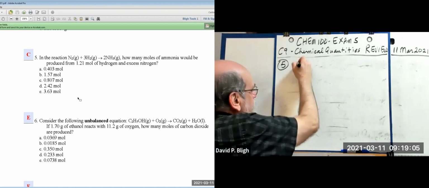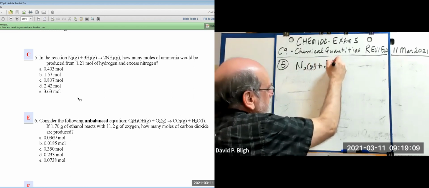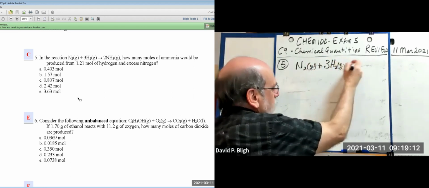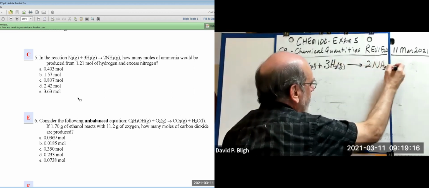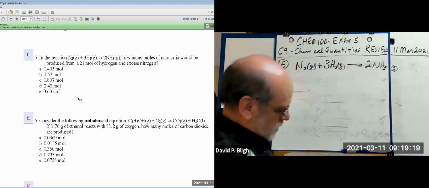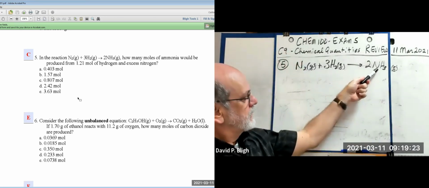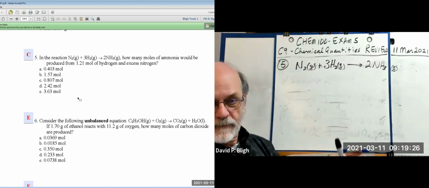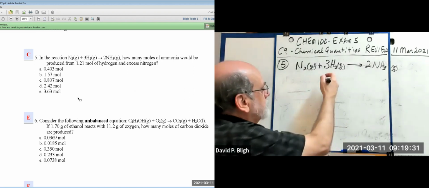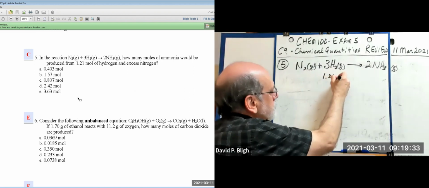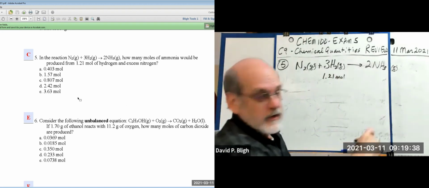So we've got this reaction plus 3 hydrogens. Even balanced it for us. There we go. And we can check it for balance. 6 hydrogens, 6 hydrogens, 2 nitrogen, 2 nitrogen, we're good. Now, if we're starting off with 1.21 moles of hydrogen, and we want to know how many moles of ammonia could be produced,